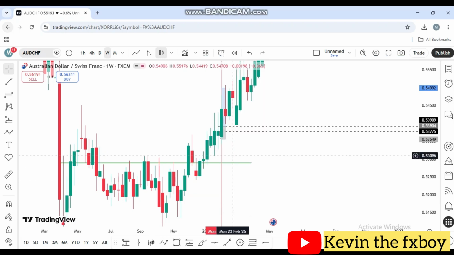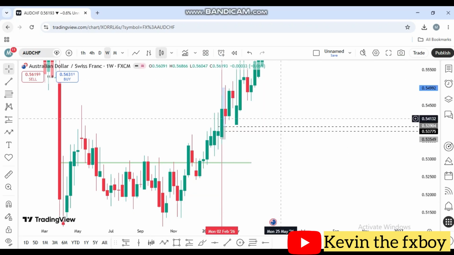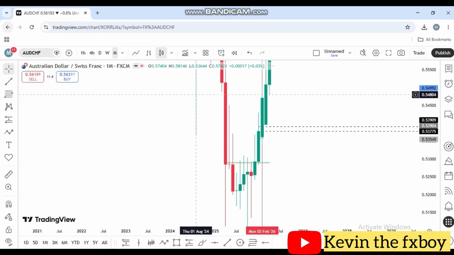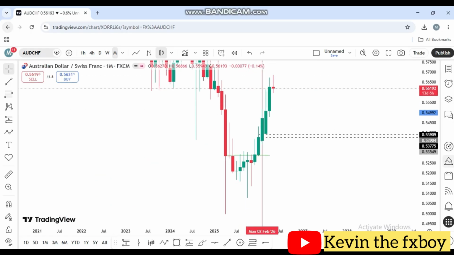So here on the chart, this is Audchf, and I took this trade in February. I think the 6th of February, thereabout. We'll get there. So what I like to do is I make sure to always start my